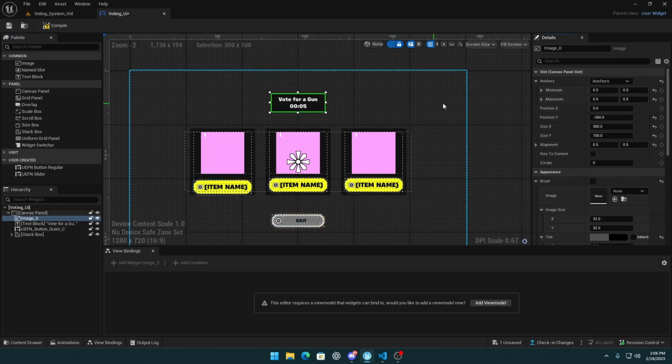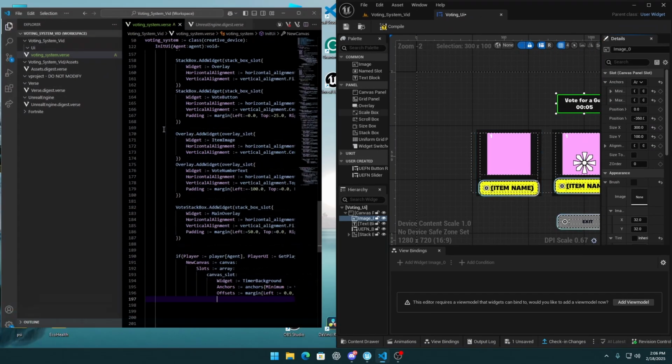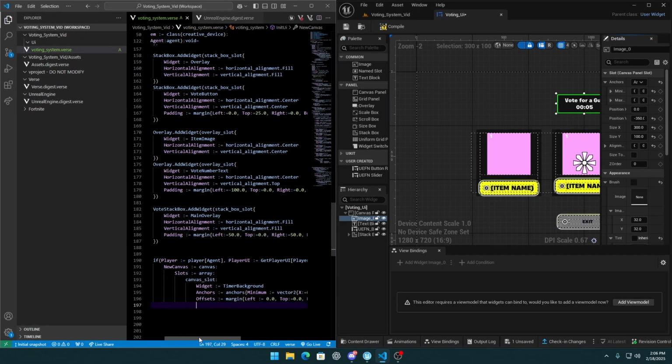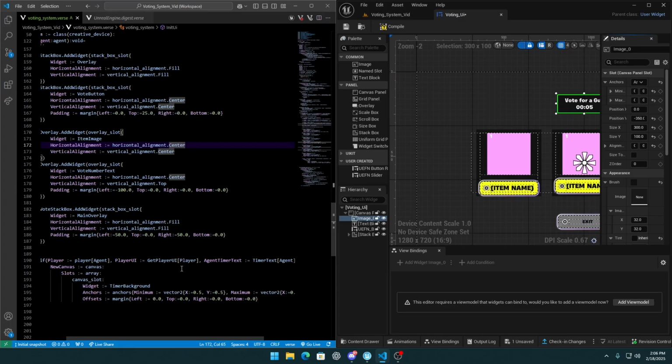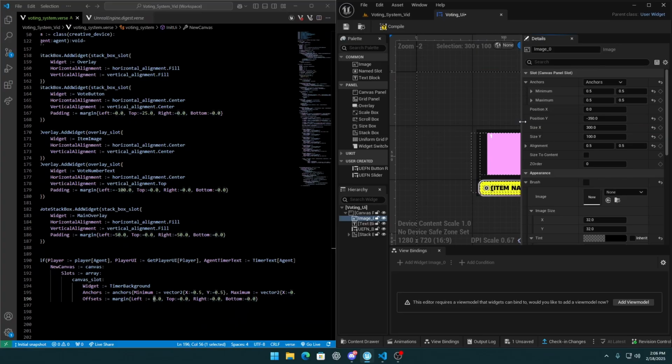We can type position, each position equal size x and size y, but we do it with offsets. Okay, we can do it that way. Maybe Control B to see more. So our left offset is 0, position y is -350,